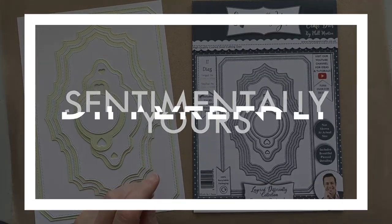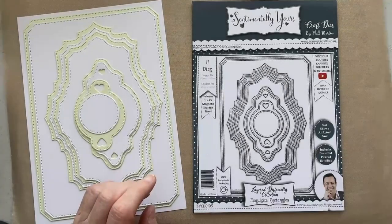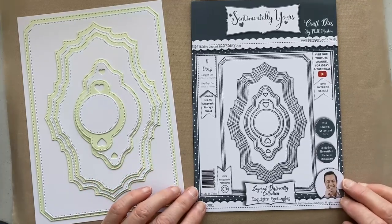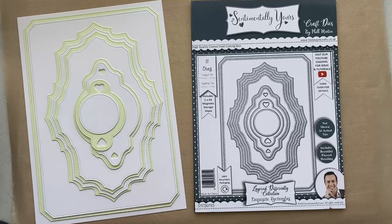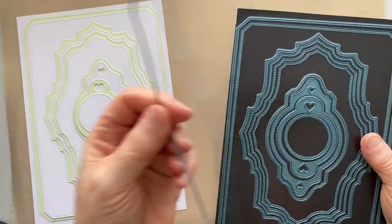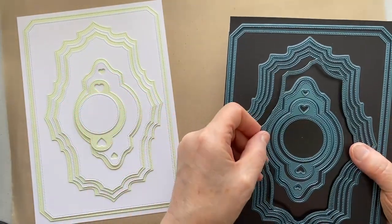Today we are having another look at the Sentimentally Yours Layered Differently collection, the second release. And this time we're using the Exquisite rectangles, and I haven't actually done one where I've used lots and lots and lots of layers, so I thought we'd do that on this. I am not going to use the smallest of the decorative dies, so that's the only one in the set I'm not using on this card, and it's going to